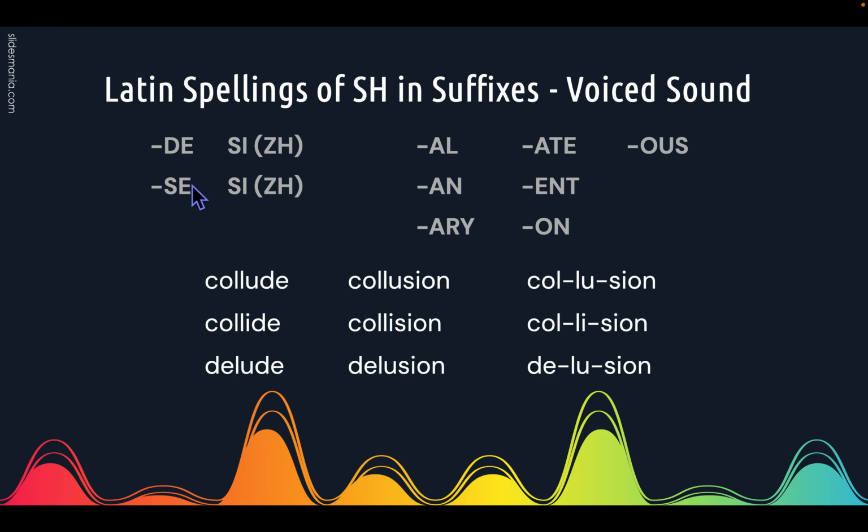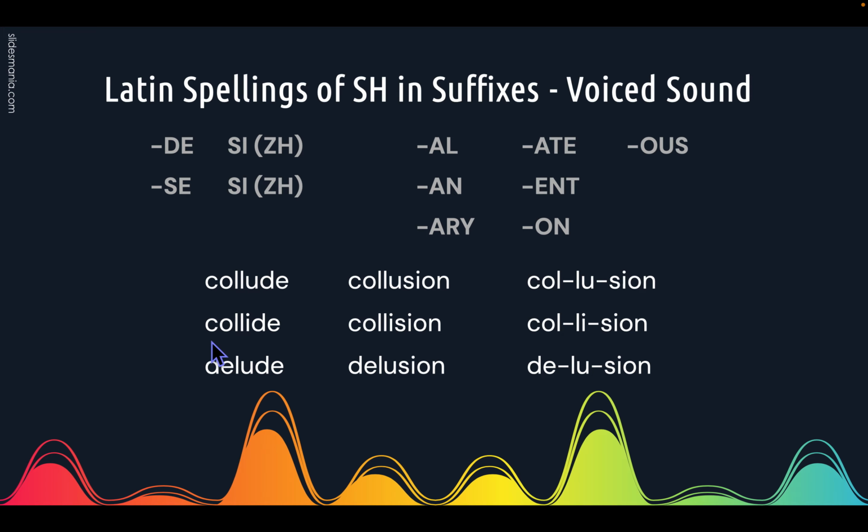There are some other words where SI instead of sh says the voiced sound of zh. These are words where the root ends in DE or SE. So if you have the verb collude and you want to turn it into the noun collusion, it's going to take on a zh sound rather than a sh sound. So we divide right here between the two consonants,